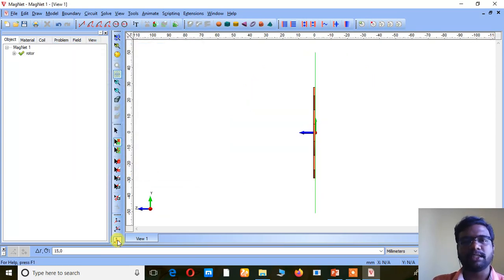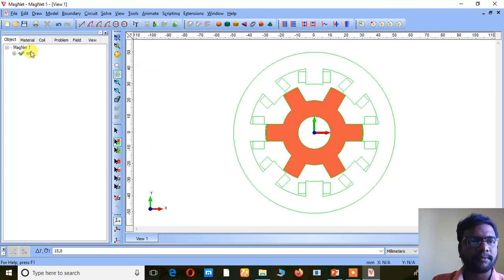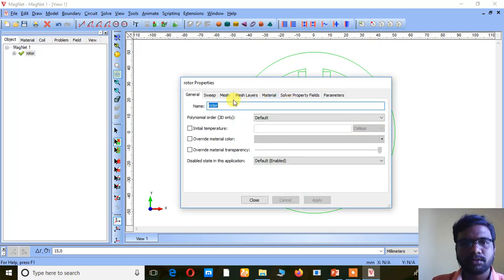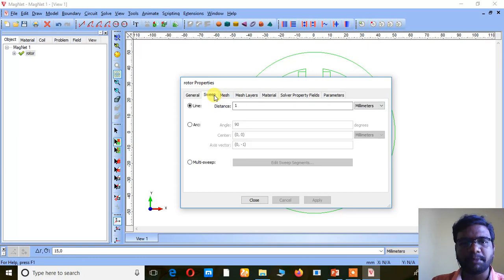Now I am going to see the view. So this is the 1 mm thickness. But generally the machine thickness will be somewhat wider. That is the stack length. So now we are going to see the stack length of a machine. Here, sweep distance means the stack length. So I am going to give 50.